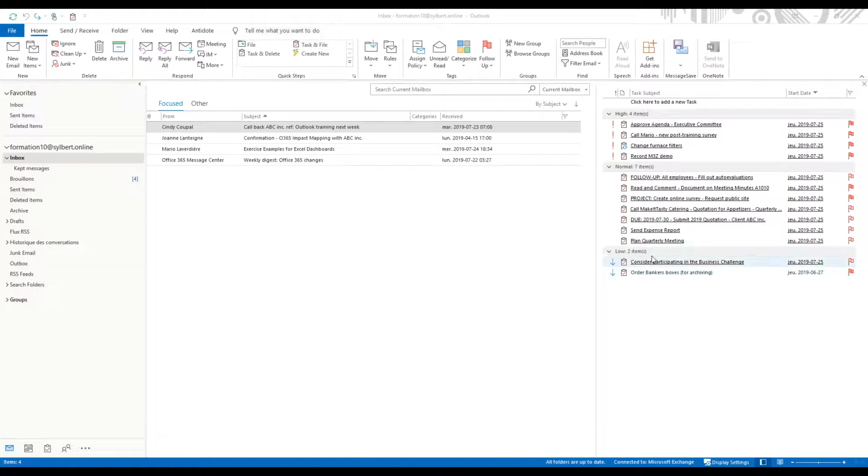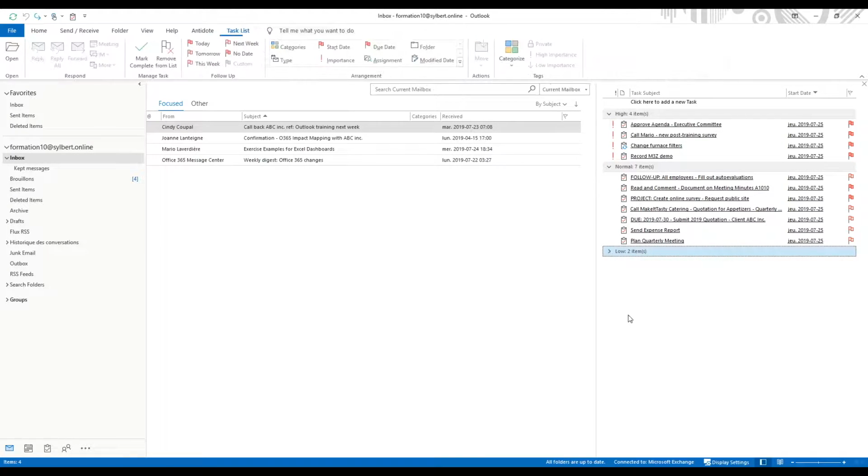All right, and then we have our lower priority section here. Usually I keep this section collapsed just like this. I only review them once a week, usually on Mondays. I will look into this list, and once I've reviewed them, I will collapse this just so it doesn't create noise in my priorities that I have here.